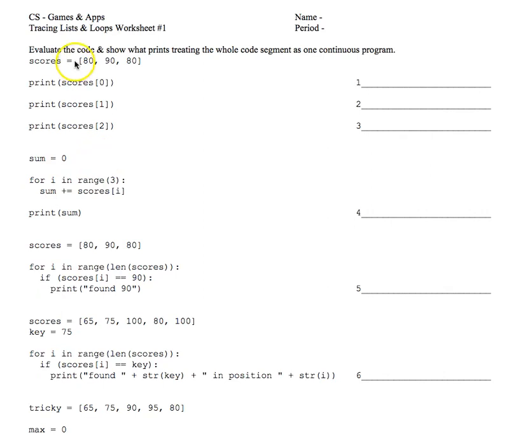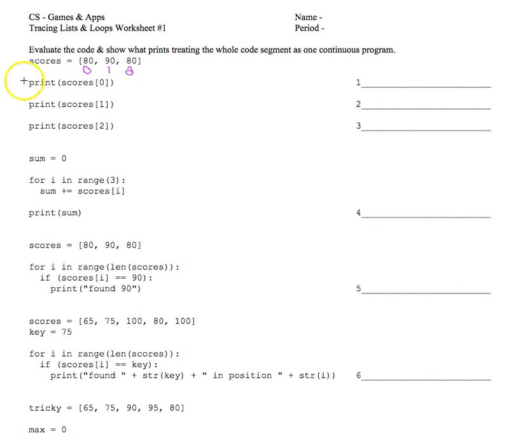Mr. Minnick helping my students in Python learn how to trace code that involves lists and loops. Here we have a list named scores, and the positions in that list are simply 0, 1, and 2. So for example, we could annotate that by putting a 0 there, a 1 there, and a 2 there to